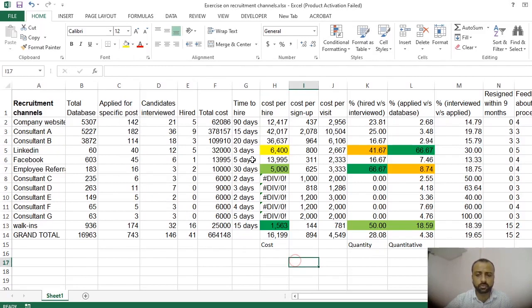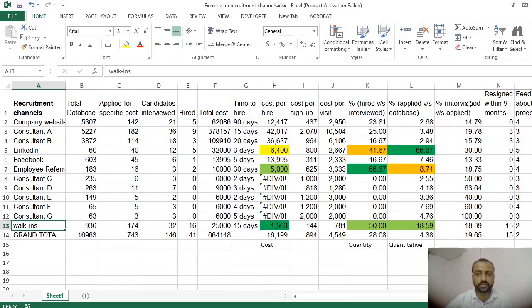So if I have to select three sources for the next year, I will not go to any of the consultants. I will rather invest my efforts in LinkedIn, employee referral, and walk-in, because they are least in cost and they give me maximum quantity. Correct. The fourth thing that I will look at is